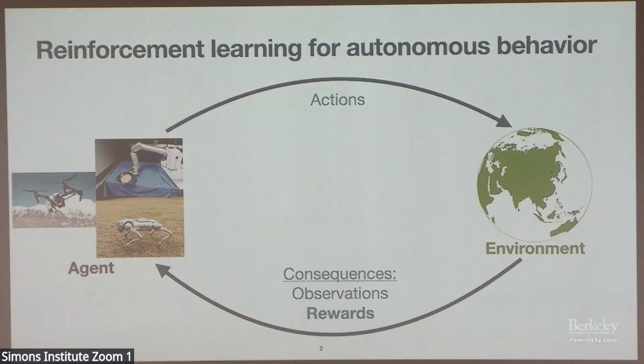So the loop is I have some agent, it could be a robot, or a character in a game. You observe your environment, act according to that observation, and then receive consequences for taking that action, which will be a new observation of the world and some reward. And your goal as an agent is to maximize that reward and update your policy, your behavior, so that you're maximizing reward as much as you can in your environment.